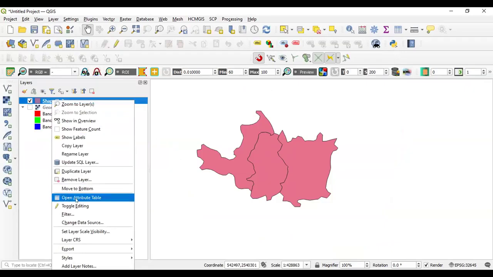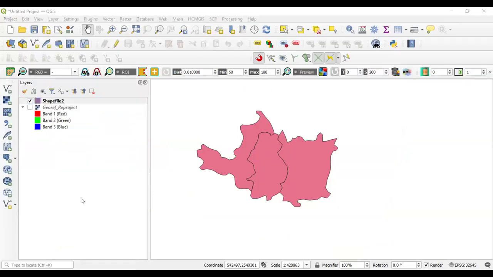By clicking on this shapefile 2 polygon, you go to open attribute table and you may add some data. For example, if you want to study in a particular block how many areas are there, how many hospitals are there, or what health infrastructure is available, you may add n number of datasets by using this attribute table. For example, if you want to add a particular table, you just